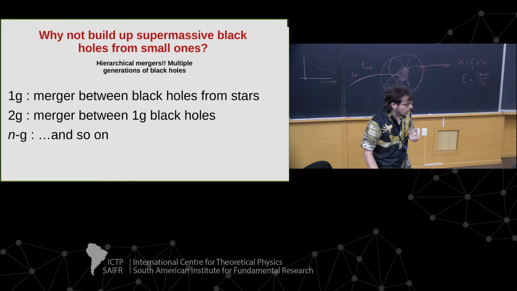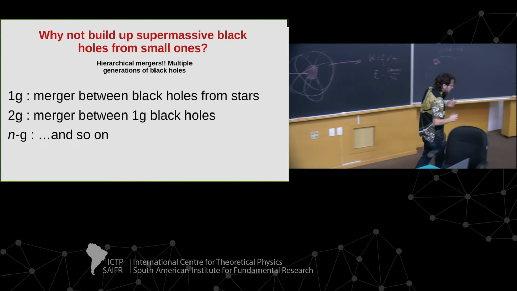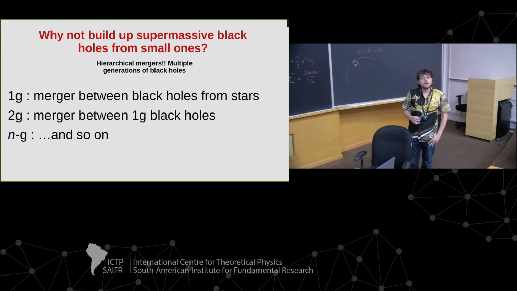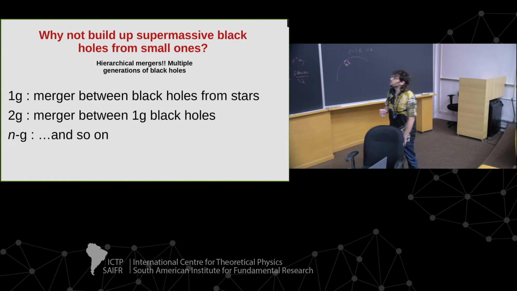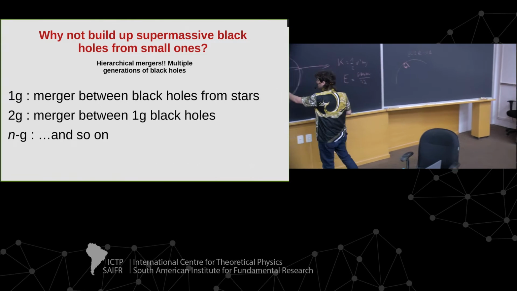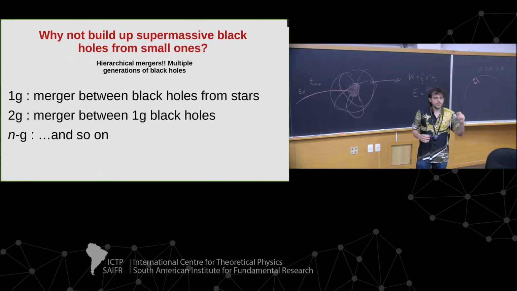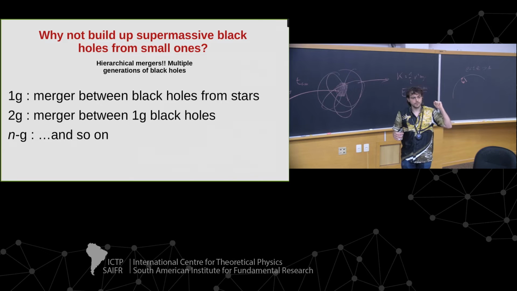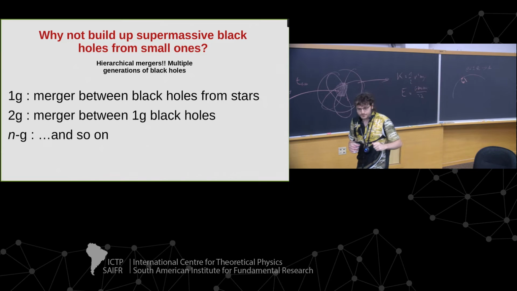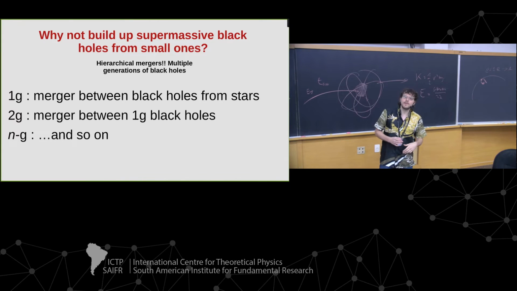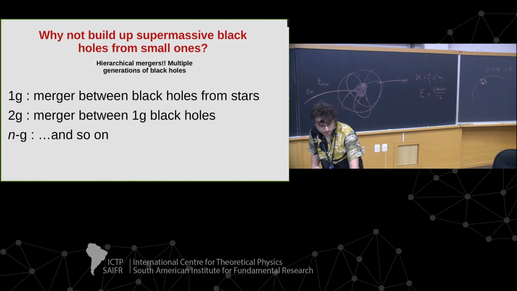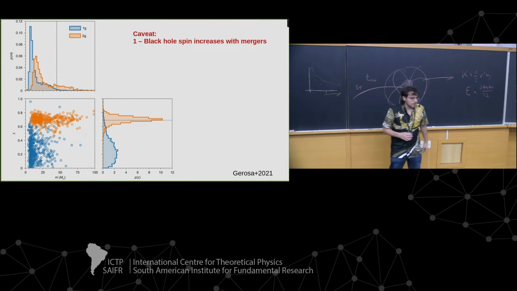Okay. So, but in the dynamical channel, we have the chance to build up massive black holes, because if you can retain the merger product and it doesn't get kicked out, it can meet other black holes and produce what we call second generation, actually first generation, second generation, and so on. So first generation actually refers to the first merger product between two black holes that come from stars. Second generation is between first generation black holes and so on. So in principle, this seems a wonderful idea to make intermediate-mass black holes, or who knows, even supermassive black holes. But there is a caveat.